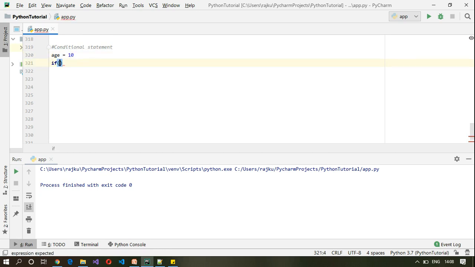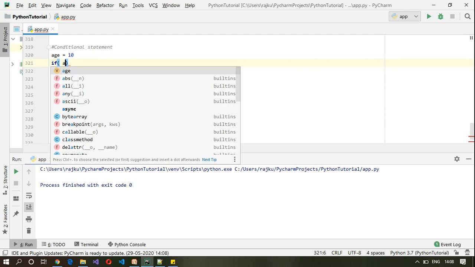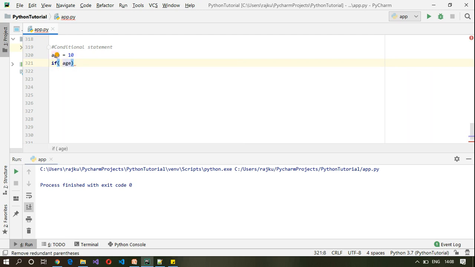Now the syntax of if is if followed by an expression. What I'm doing here is checking for age less than 18. This is the expression which evaluates to either true or false, followed by a colon.